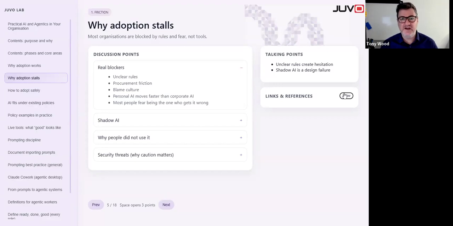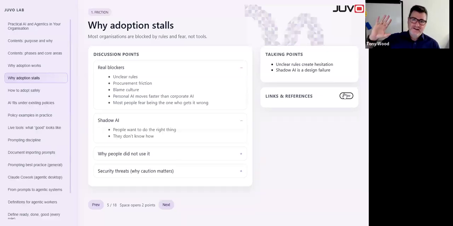Sometimes there can be a blame culture. If it goes wrong, I'm going to hold you personally responsible. I've heard that. Again, these are things that stop us from moving forward. And also, we discussed that personal AI does move a little bit faster than business AI. So what happens when we put a blocker up for people? People just use their own stuff. I've got my phone here. I absolutely can just use AI. And so that's where we get shadow AI. There was a report, I think, that said something like 50% of all corporate usage is shadow AI. And that's obviously very insecure, or can be insecure.